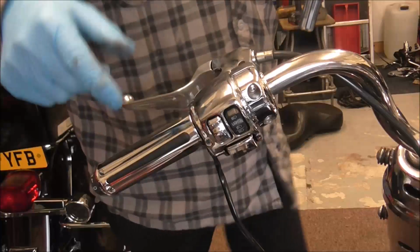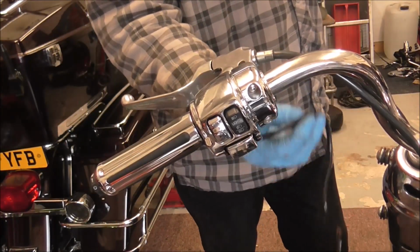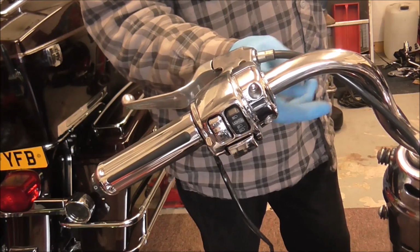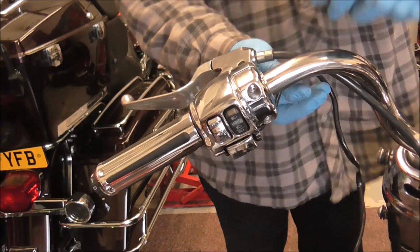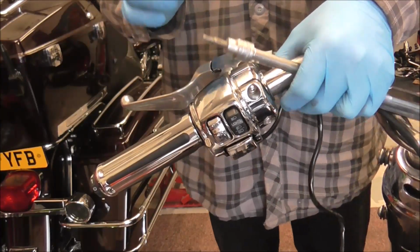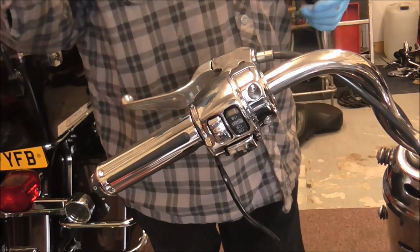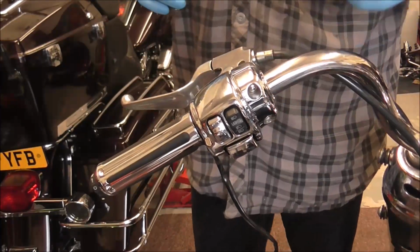One thing I did as well off camera, by the way, was I put that underneath to see if it would fit with this wire, and it doesn't, so I'm just going to have to come right over the pedestal and bring it in and put a cable tie around here. It's exactly the same as how I've done it on the Electra Glide. I had to bring it right across all the pedestal and clamps, but